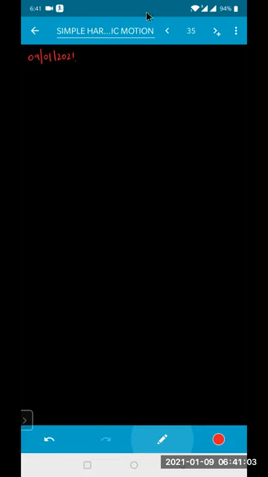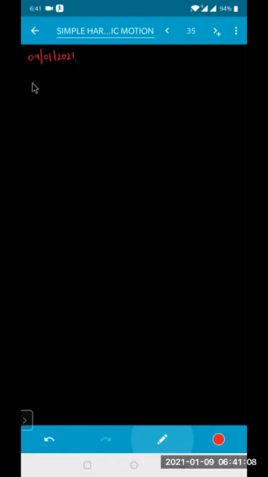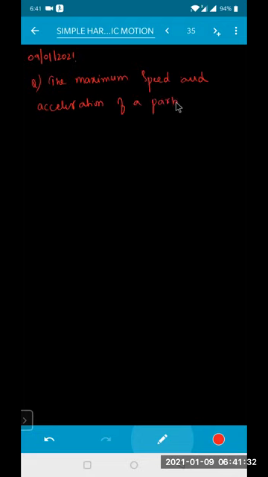So we did one problem yesterday based on this. Let me do one more problem based on this. Take a paper and pen, beta, and try to do it along with me. The maximum speed and acceleration of a particle executing SHM